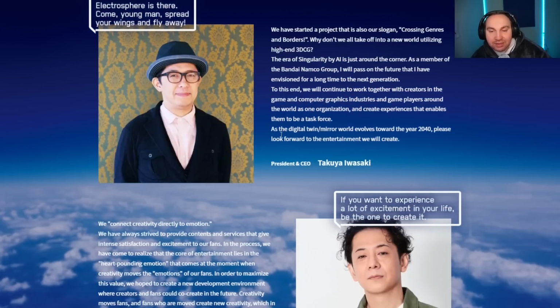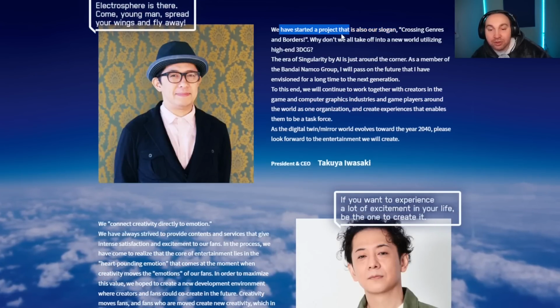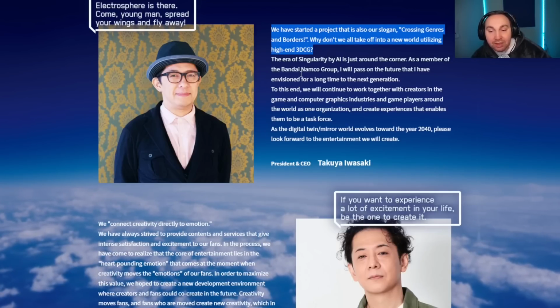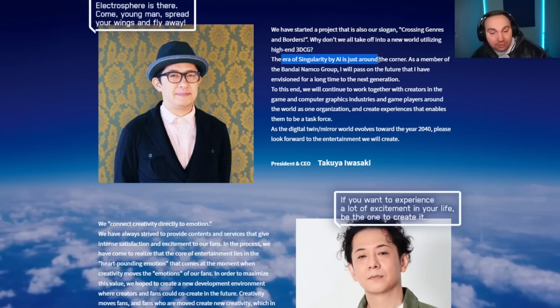So that is the president and CEO. We have started a project that is also our slogan, crossing genres and borders. Why don't we all take off into a new world utilizing high-end 3D computer graphics? The era of singularity by AI is just around the corner. As a member of the...